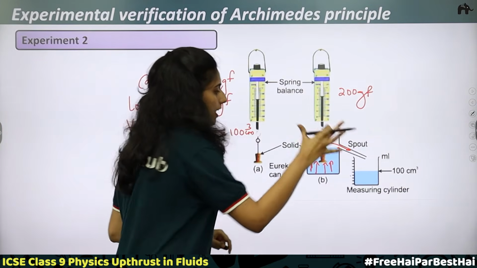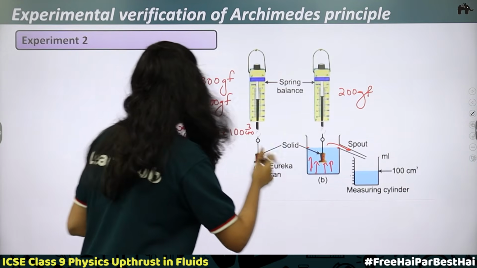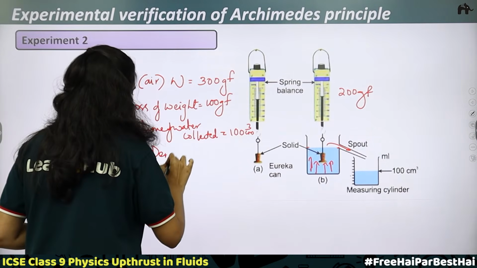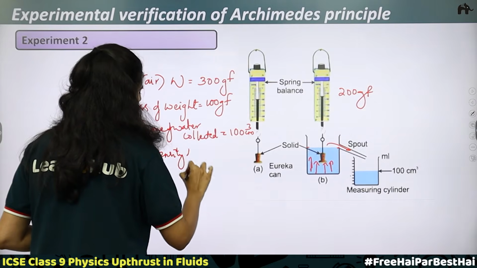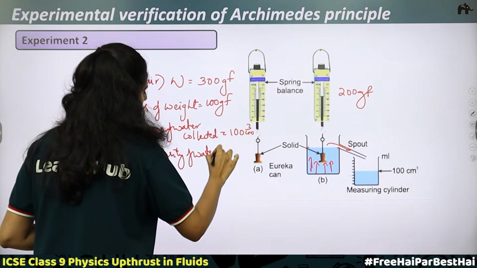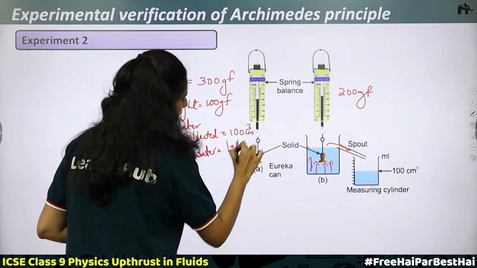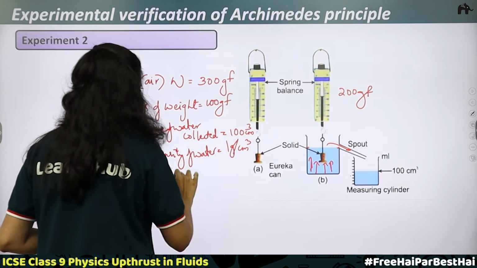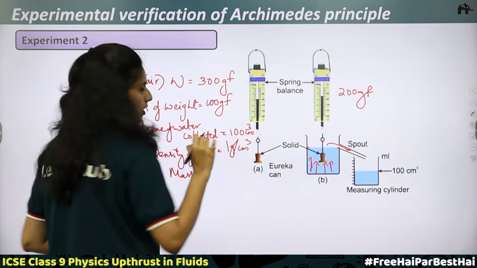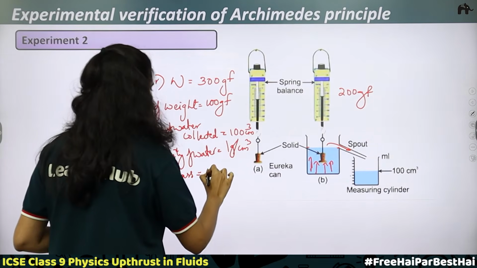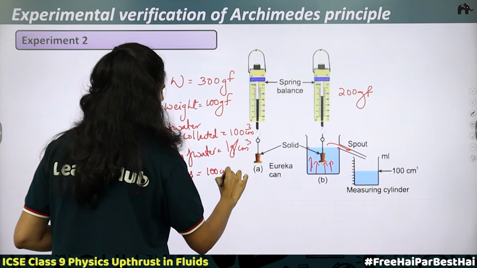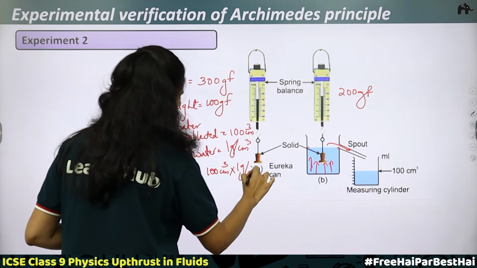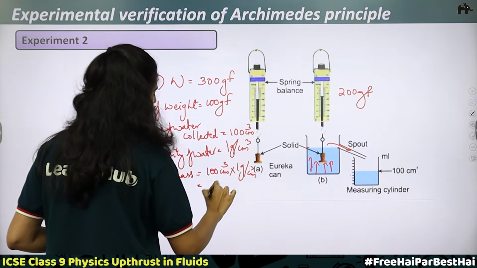This upward force will be equal to the weight of water that is displaced. So here again Archimedes principle is proved. When you measure, you got 100 centimeter cube. What is the density of water? Density of water is equal to 1 gram per centimeter cube. We know the volume, we know the density. Then what is the mass? Mass will be equal to volume into density, that is 100 centimeter cube into 1 gram per centimeter cube, which is equal to